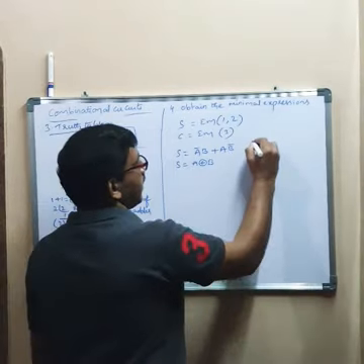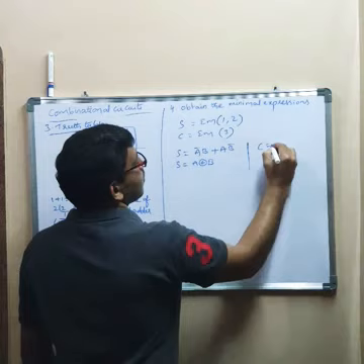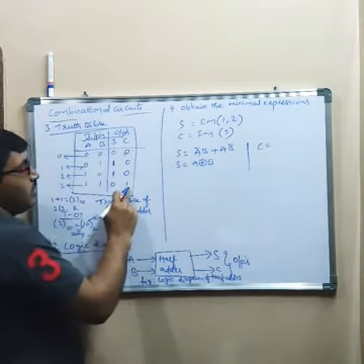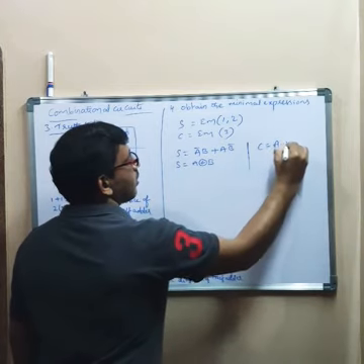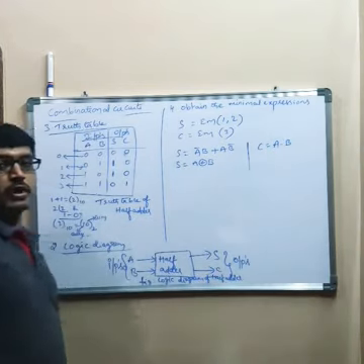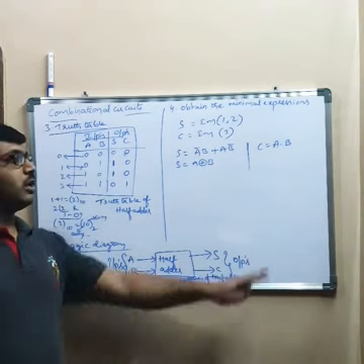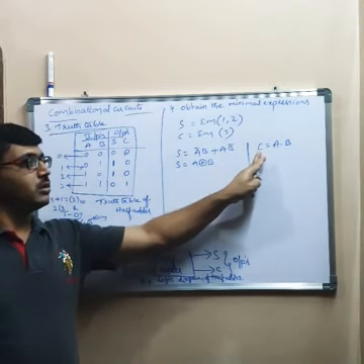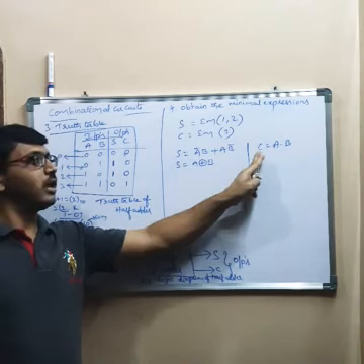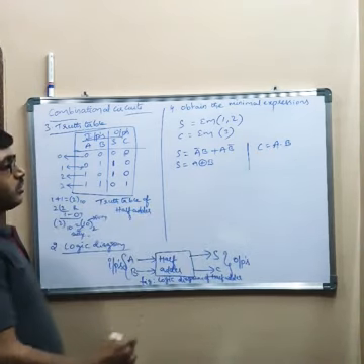Let us see the expression for carry. Carry is equal to minterm 3, A B, A dot B. So if you look at the output logic expression of AND gate, Y is equal to AB you have. So here, there we have Y is equal to AB. Here we have taken C, carry. Carry is equal to A dot B, AND gate. So this is the fourth step.